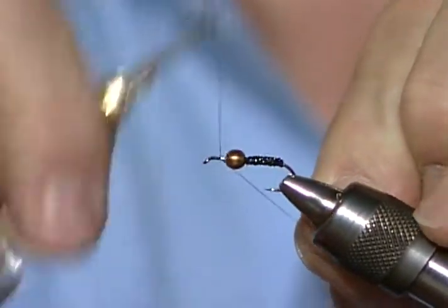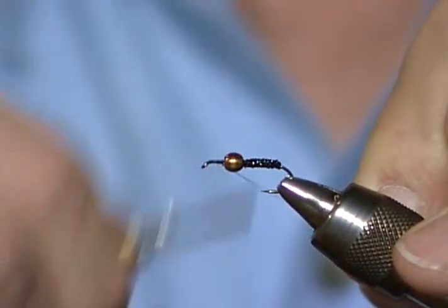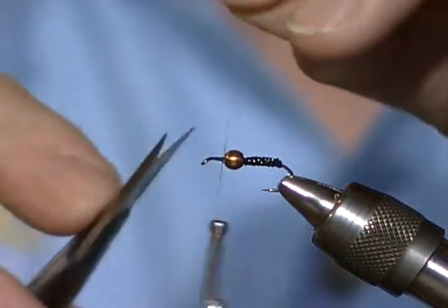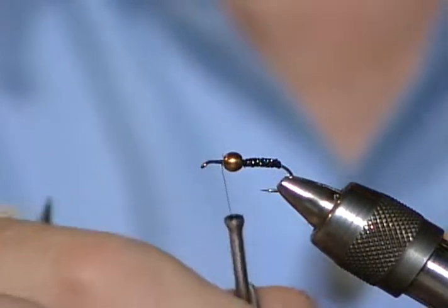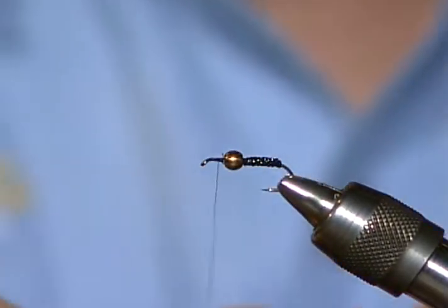Now that bead's really held in place very well. There's no way it could move. Get a good wrap here. You've got a little extra weight from the lead. It's really going to sink the fly. Very minimal weight there, but some. Then we'll take one of these